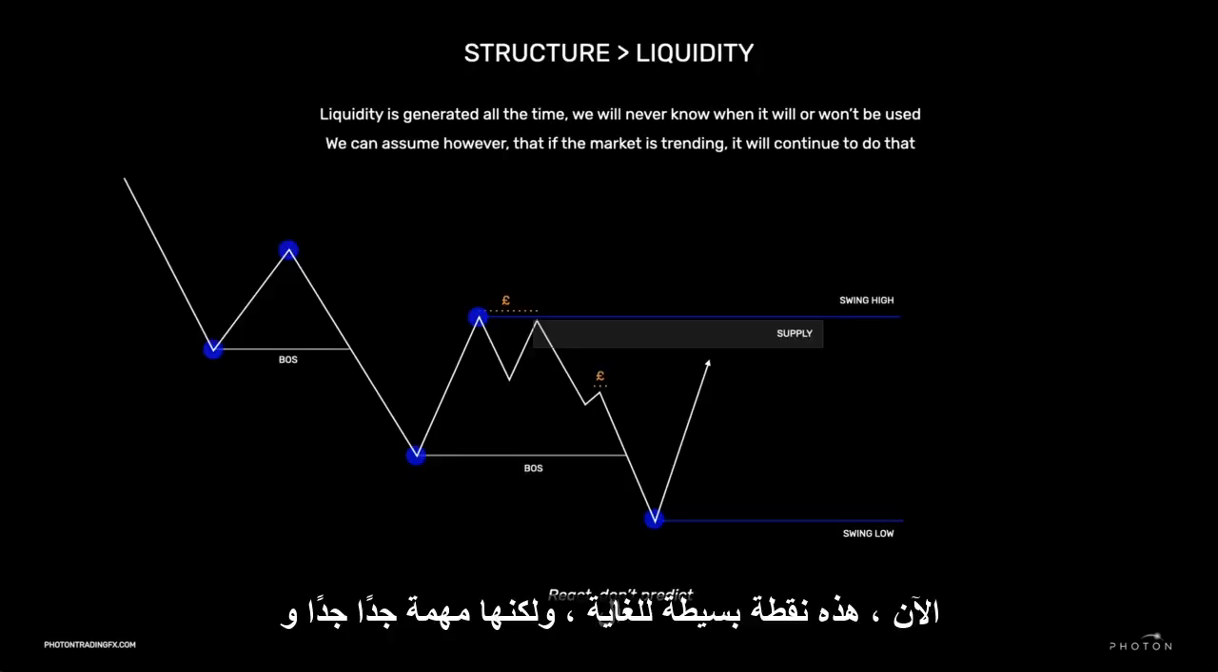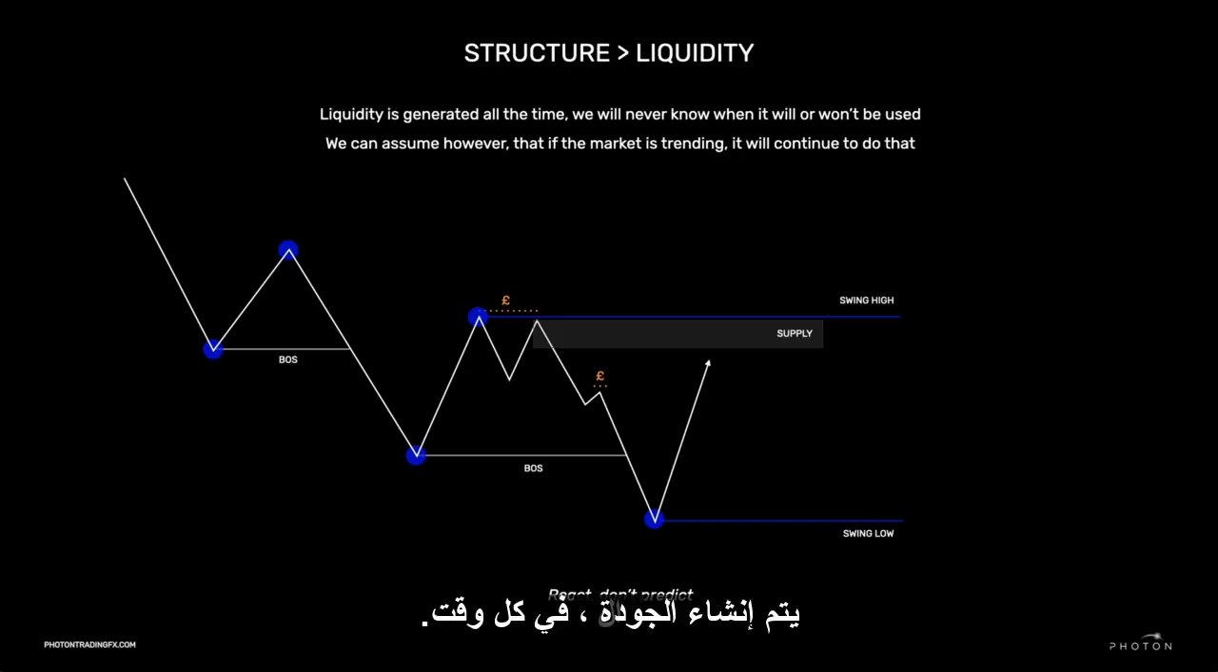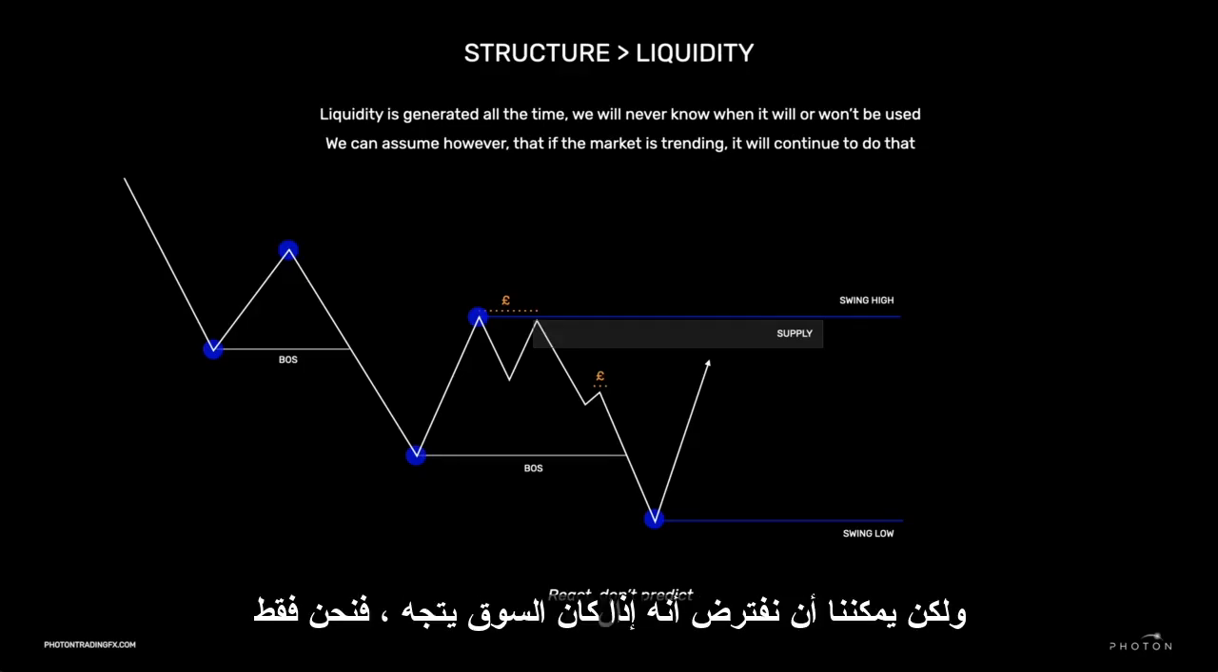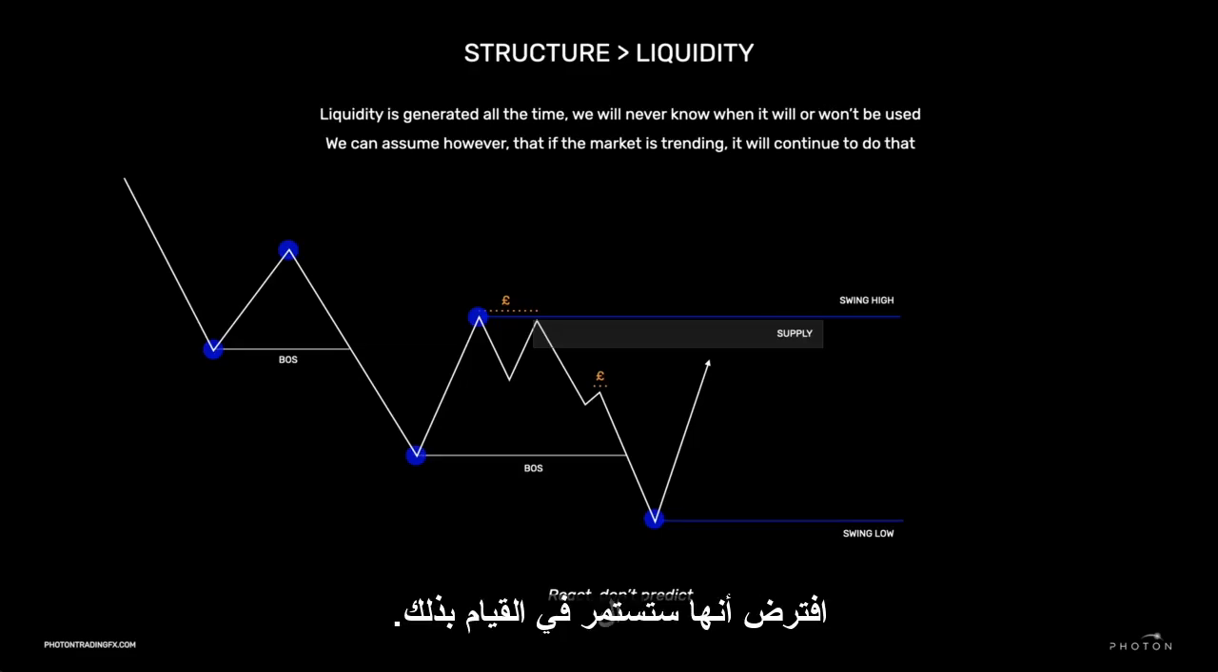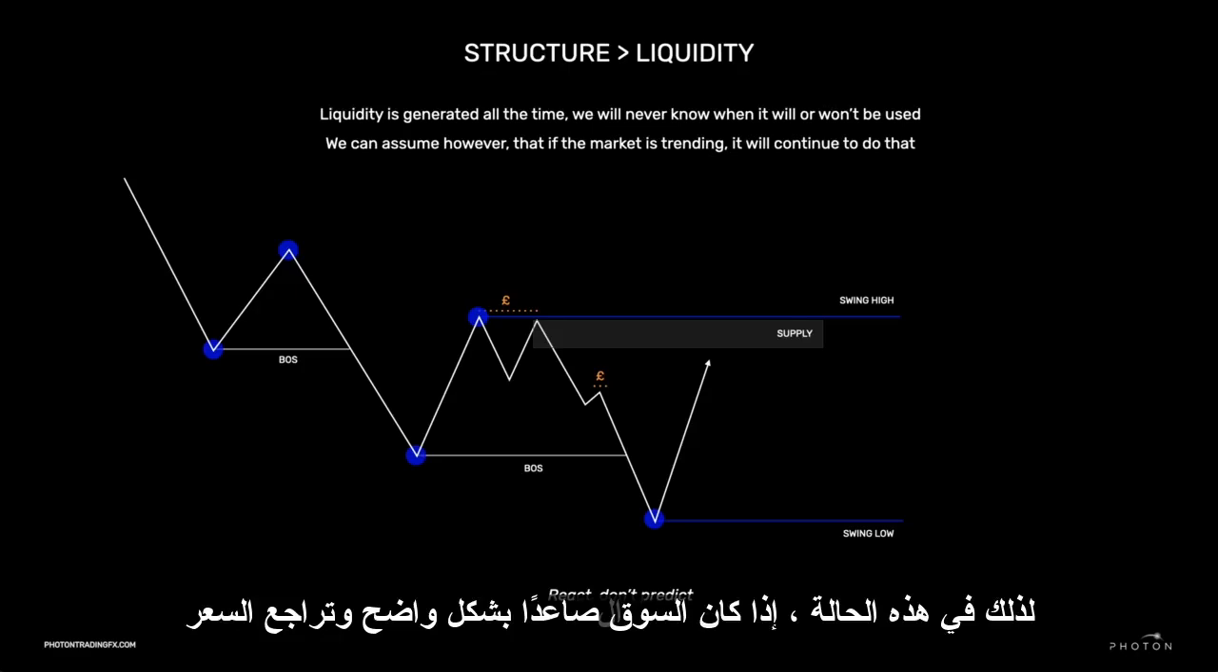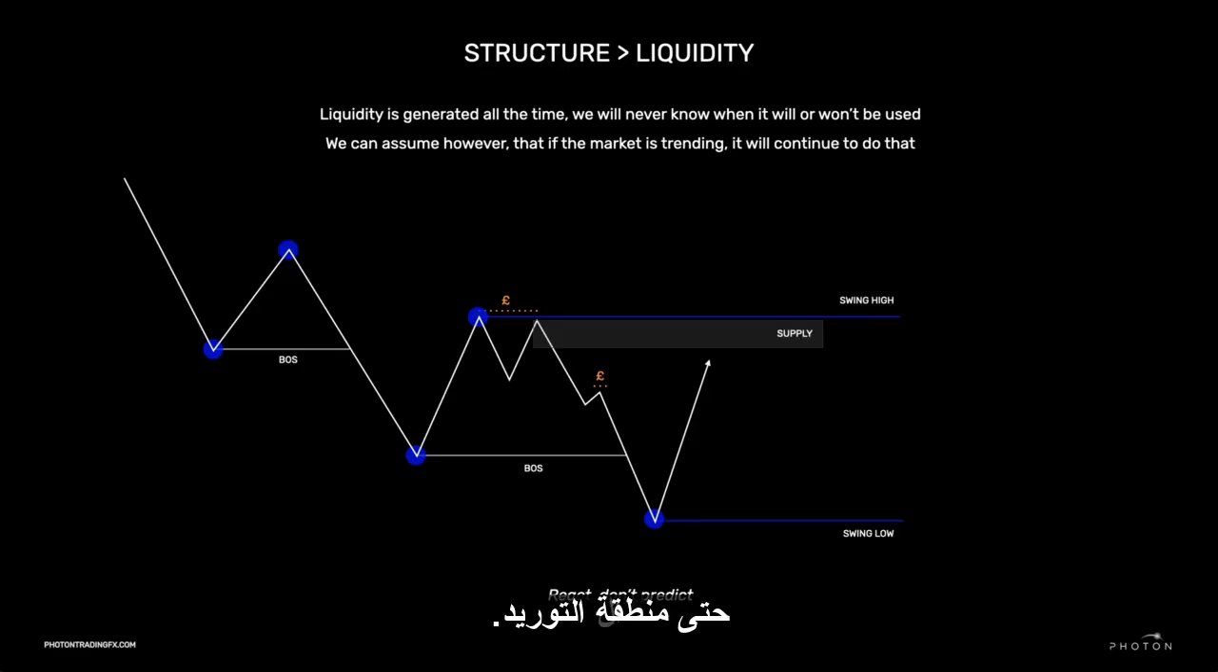Now, this is an extremely simple but very, very important point, and that is structure is far more important than liquidity. Liquidity is generated all of the time. We will never know when it will or won't be used. But we can assume, however, that if the market is trending, then we just assume it will continue to do that. So in this case, if the market is clearly bullish and price pulls back up to a supply zone,